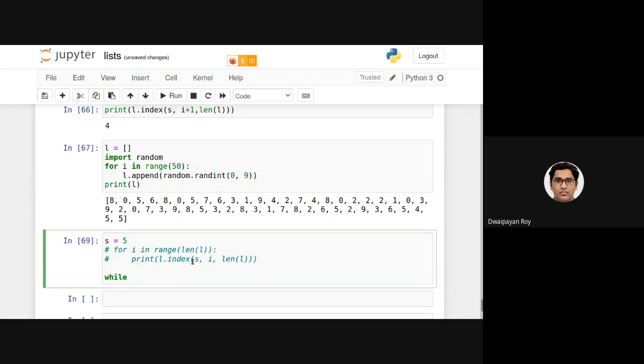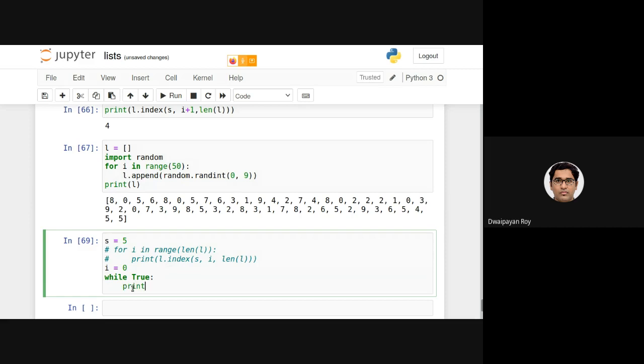Now let's make it a little bit interesting. While True, we know that this is basically an infinite loop, right? Let's define i equals 0. Now i is basically the starting location.